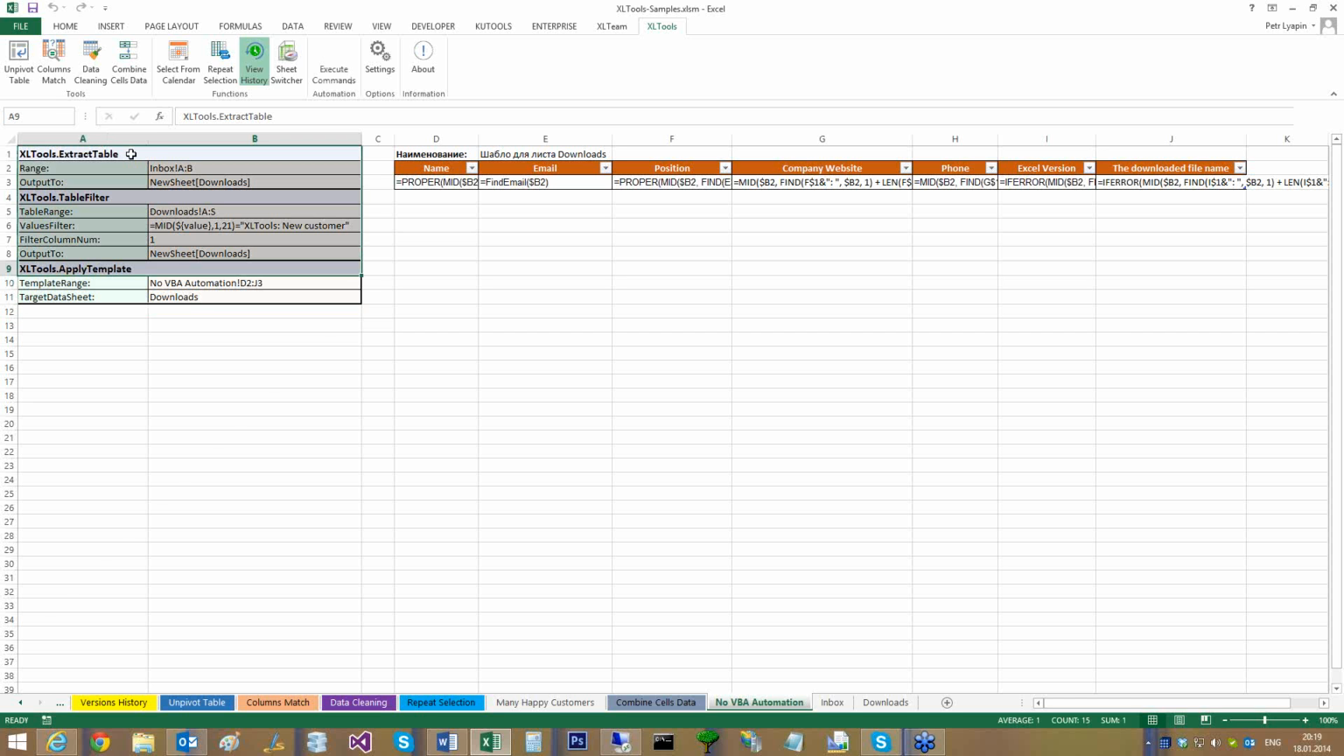As you can see, here is the first command, called extract table, and I say I need data from inbox, and I should put this data in a new sheet called downloads. And if you see inbox,